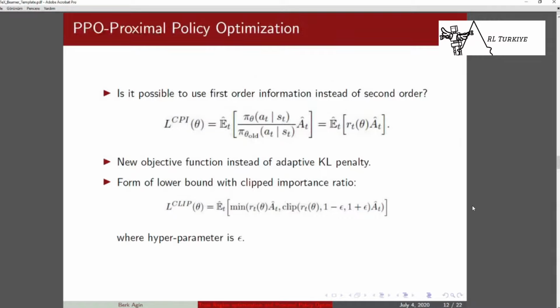Then let's pass the proximal policy optimization. Proximal policy optimization is simpler than trust region optimization, and a good idea also. Then we can see that in here,